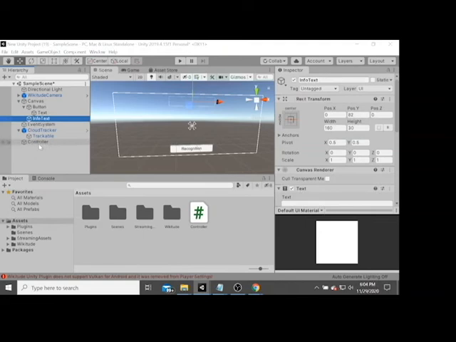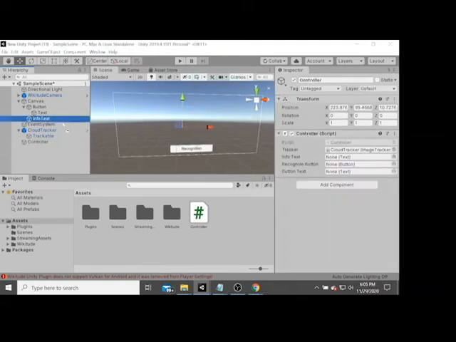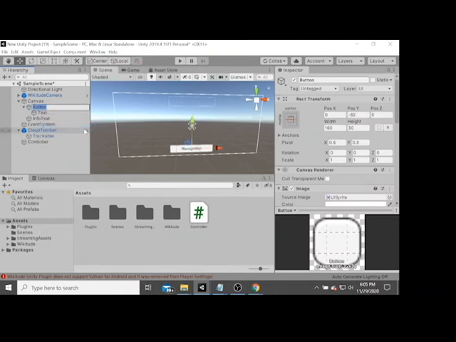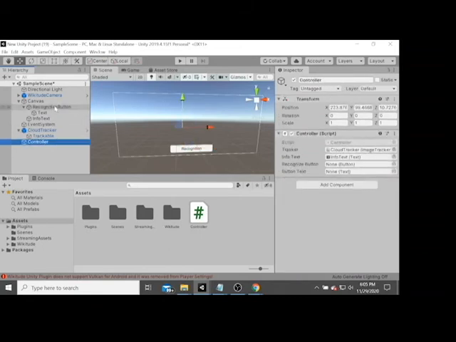Okay, and then you can click the controller again and drag into the info text. For the button here, okay, this is your button. So let me rename. For example, I want to use recognition button. Okay, I click the controller again and drag recognition button to here. Another one here is a button text.